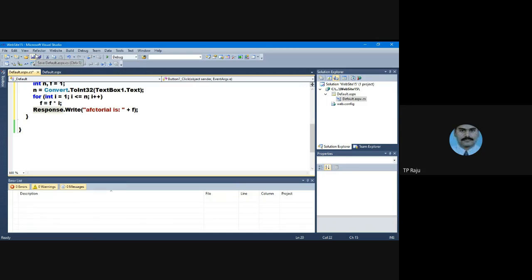I am saving this entire logic. This is the button to run the program. Wait for some time.